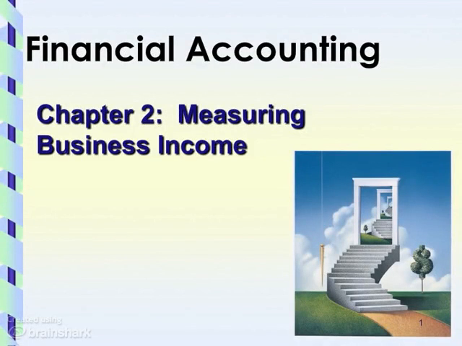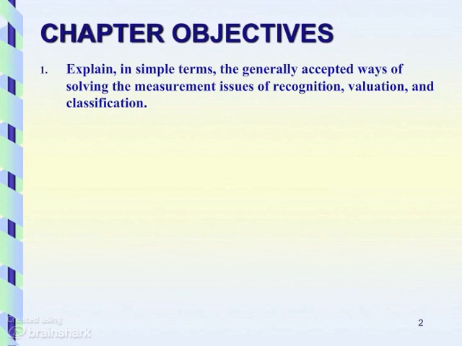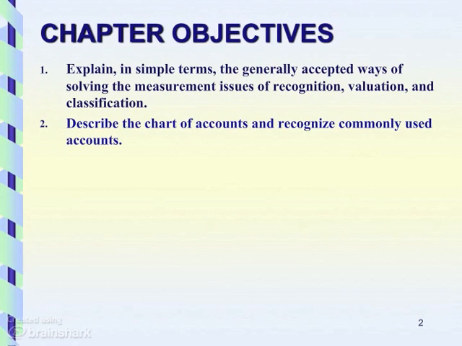In Financial Accounting, Chapter 2, we will be discussing how to measure business transactions. The objectives of Chapter 2 are to explain the generally accepted ways to solve the measurement issues relating to recognition, valuation, and classification,